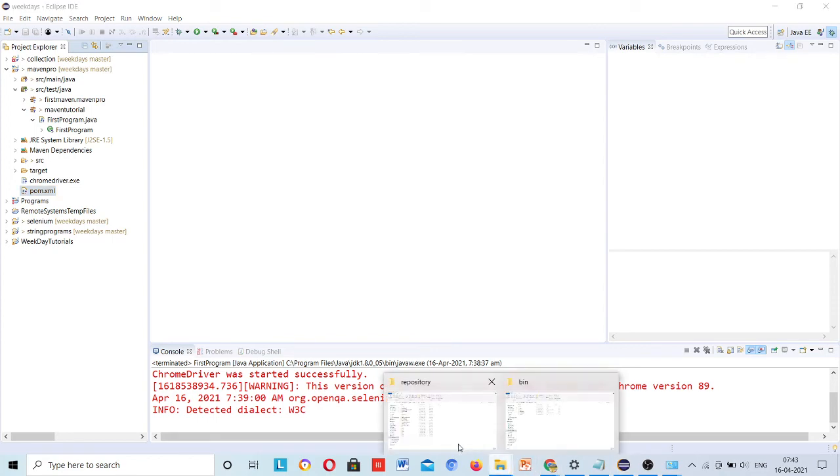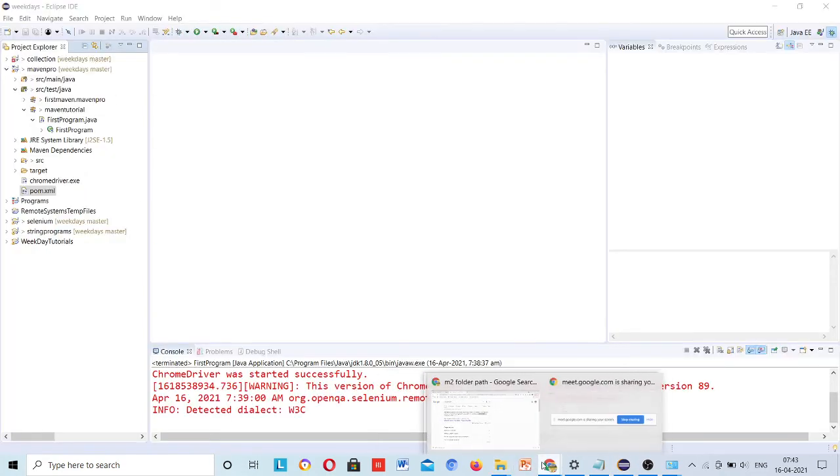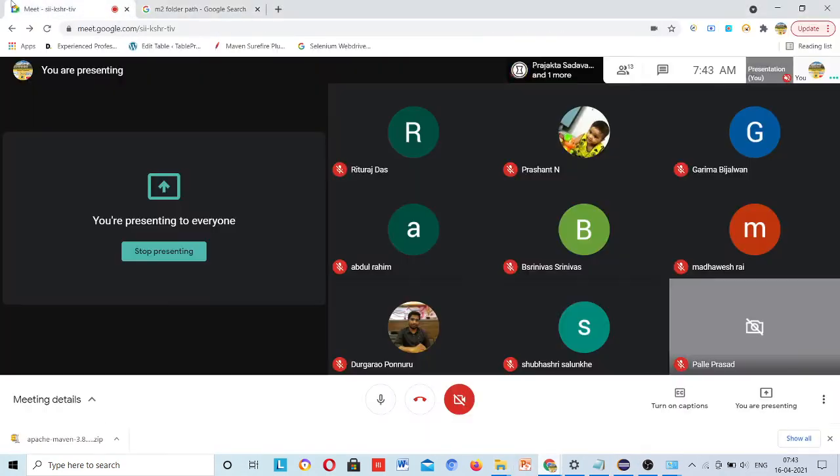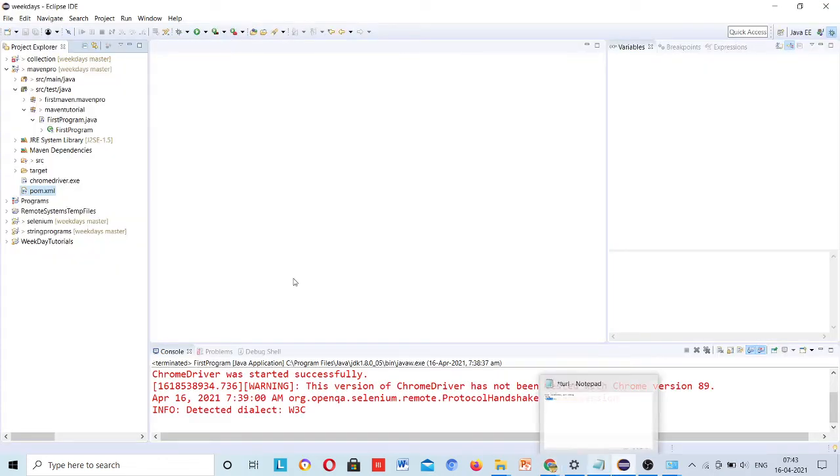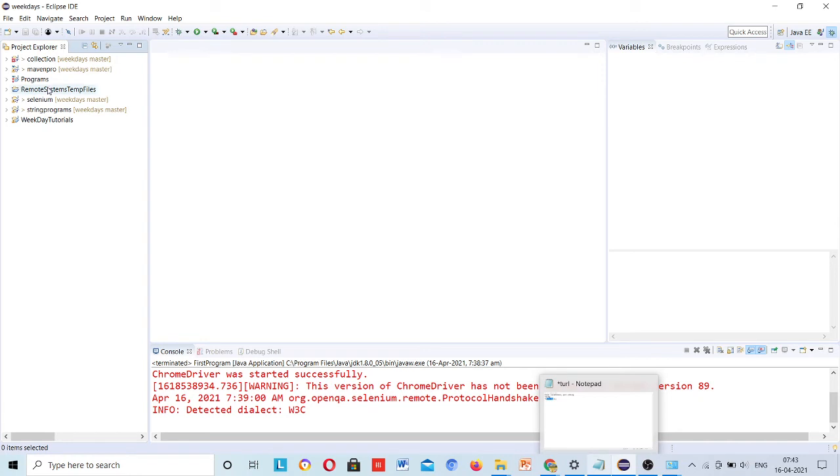There are two ways to use TestNG. First, download the jar and add that jar to your project. Second is at the workspace level. What is workspace level? This is one of my workspaces, and you can see that in this workspace I have created six projects.